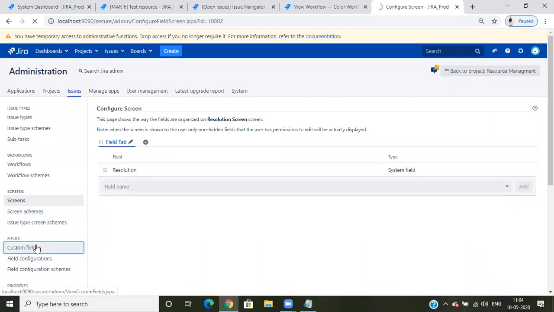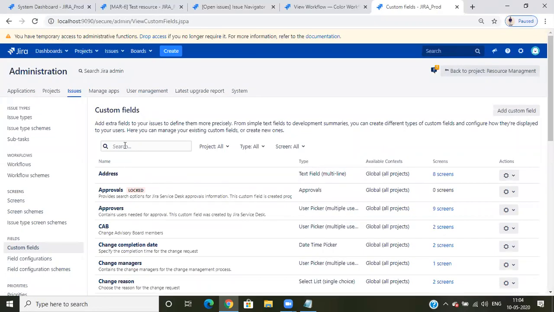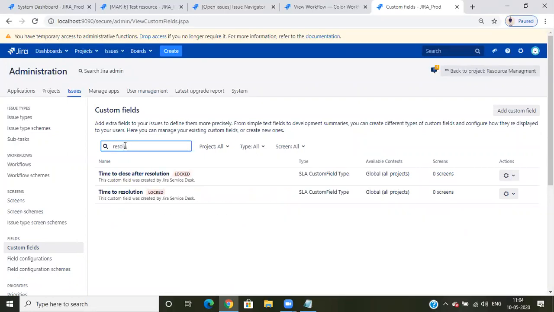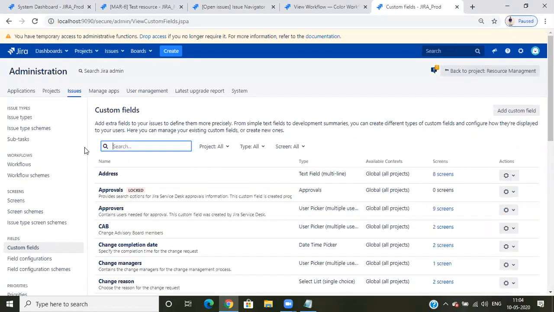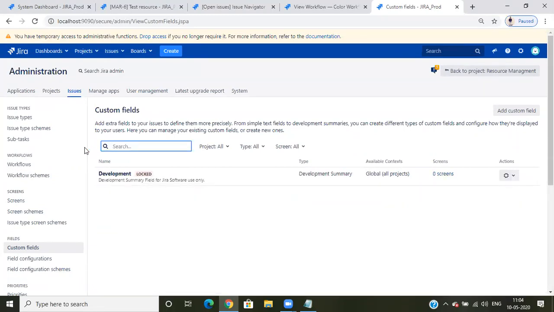If you click on custom field, in the custom fields, you will see time to resolution, time to close after resolution, but the resolution field does not come here because this is not a custom field, it is a system field. If you select summary as well, it will not come. If you select description, it will not come.